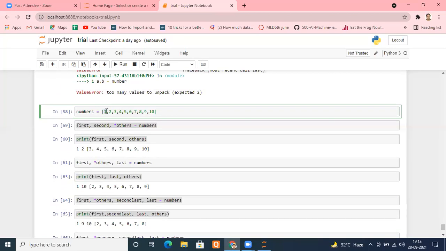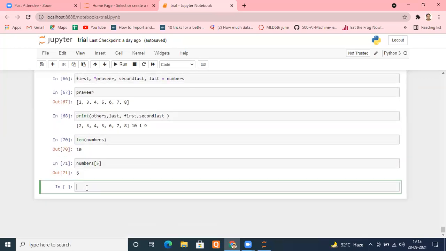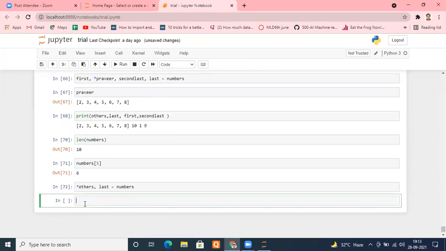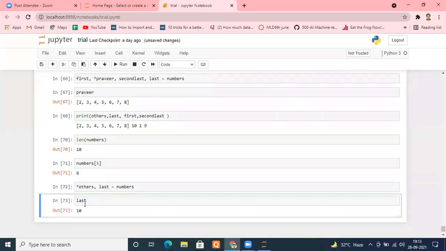Suppose I put others here and put only one number at the last. See this way: if I put numbers like star others, comma, last, equals numbers, then if I check last, it will be last for sure.